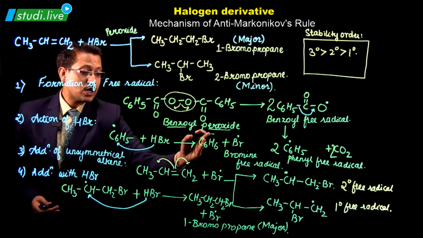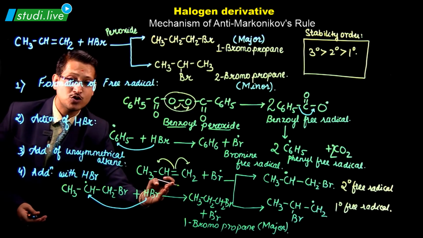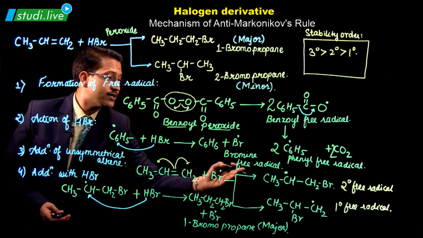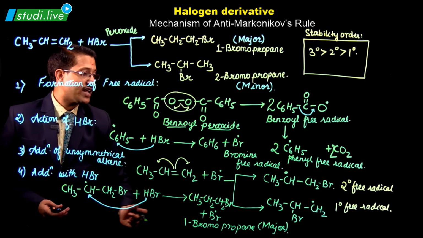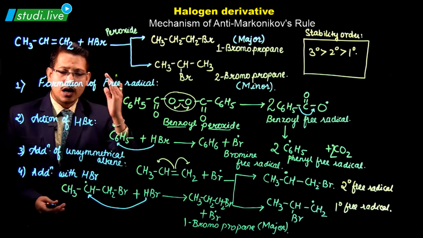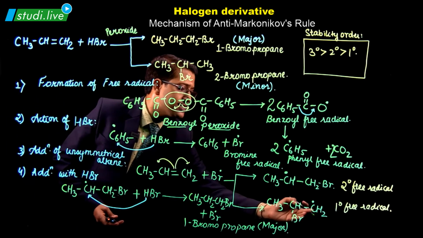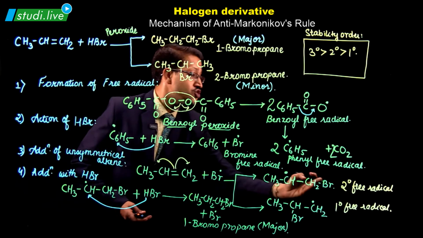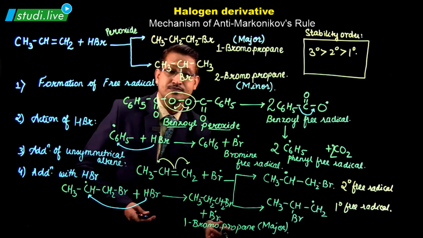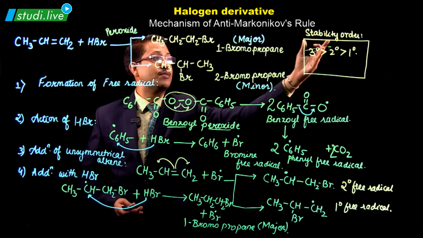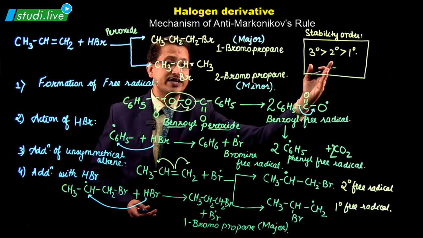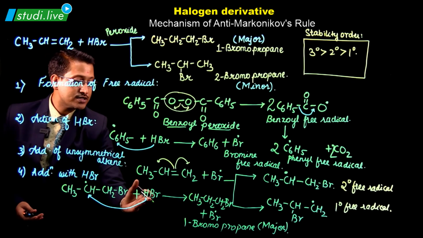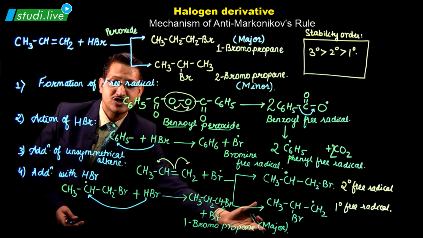Now this bromine free radical, once it forms, again undergoes bond fission over here, and as there are two possibilities, we get CH with one free electron here and CH2Br getting bonded. Another possibility is CHBr and CH2 with one free electron here. So that means we get two things: 2 degree free radicals and 1 degree free radicals. Coming back to stability, the stability order says 3 degree greater than 2 degree greater than 1 degree. And finally, with the action of HBr, this is how you get 1-bromopropane as the major product.